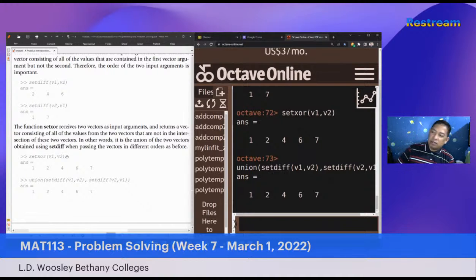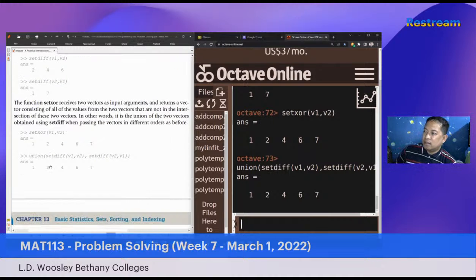Yan, para siyang XOR. Para siyang actually, if you're aware of the XOR gate, no? Sometimes we call the XOR gate a dissimilar gate, because what is in the output of an XOR gate are those dissimilar items found on the input vectors. Kung ano yung kakaiba sa kanilang dalawa, yun ang pagsasamahin niya. Yun ang XOR. Okay? Alright.